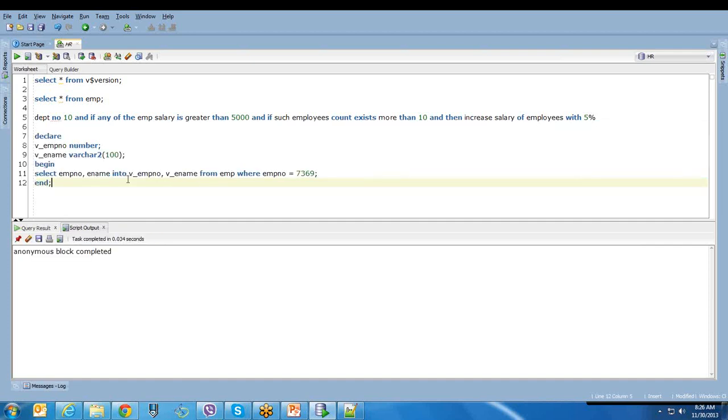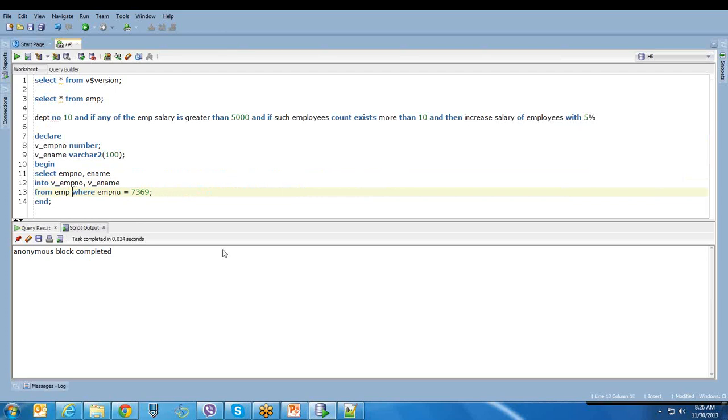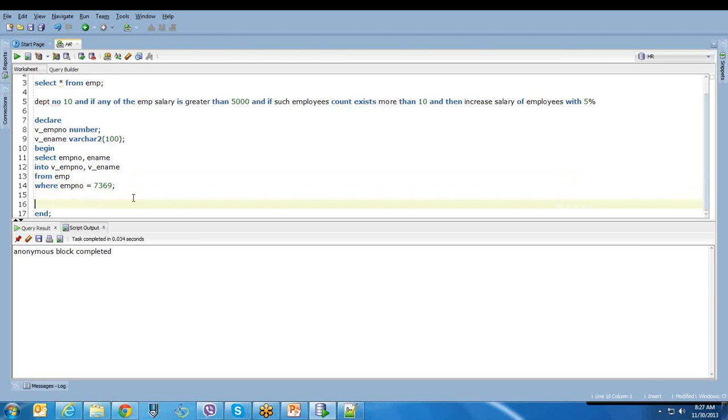If you see here, this is the basic syntax of using SQL in the PL/SQL block. All I'm trying to do is get the employee number and employee name of employee number 7369 into these two variables, v_employee_number and v_ename, and now I have those values in this entire program. I can use these variables when I want to check some data conditions or do some operations. I need not execute my query again and again. Now I can write an update statement: update emp set sal equal to sal into 1000, where